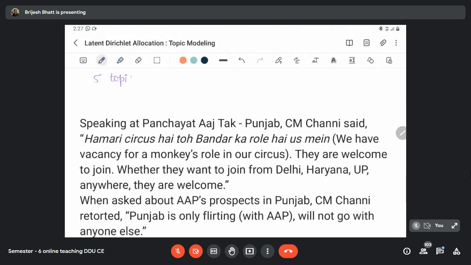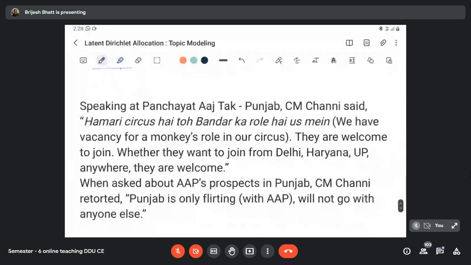The number of topics is frozen. Let's say I have 5 topics, and I want to categorize this article into this set of topics. I want to learn the distribution of topics for this document. So let's say there are 2 documents. This is document one, this is document two, and I want to learn the topic distribution.